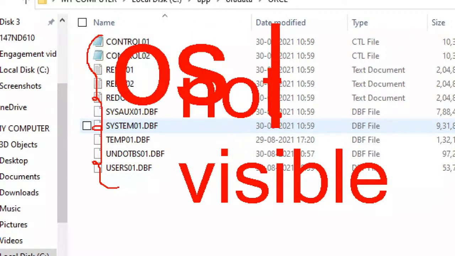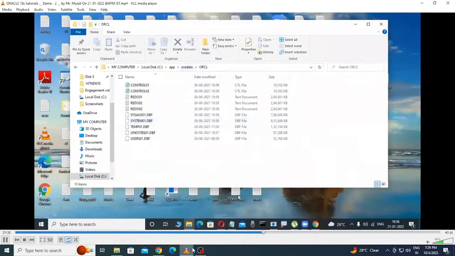Very, very important. Tables are not visible in the C drive, D drive like that. Views are not visible in the C drive, D drive, E drive like this. Indexes, functions, procedures, not visible. That is visible in a database, okay, I agree, but unfortunately that is not visible in the operating system. That's why